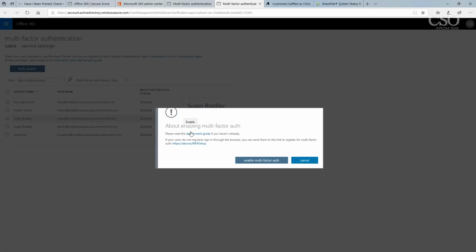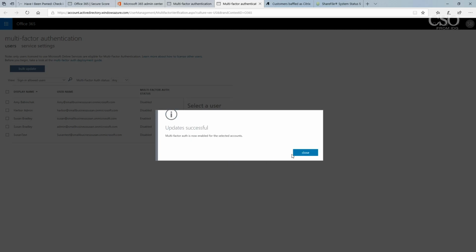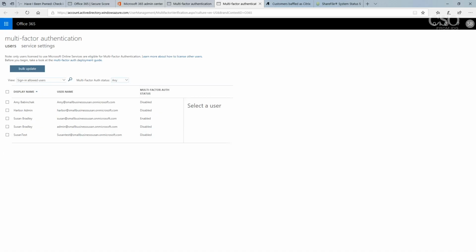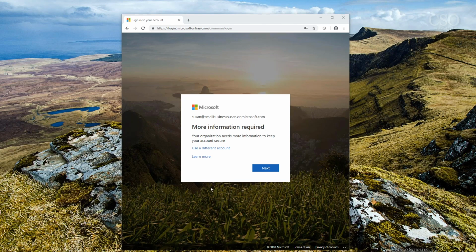As you can see, it's going to give you a link that you should send out to your users to do the next step, the final step that they will need to do, which is setting up the phone or the multi-factor authentication application that they can use to set up MFA. We're going to enable multi-factor auth, and we're going to pretend to be the user for our next step. As the end user, we'll log into our account and we'll click on Next to get to the next step.